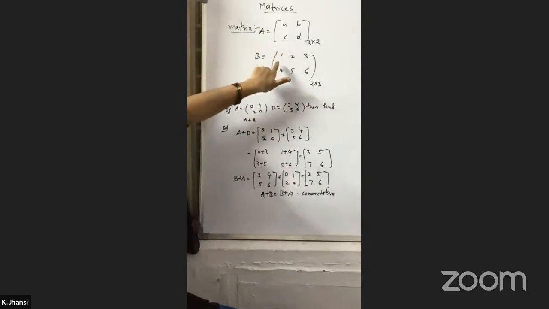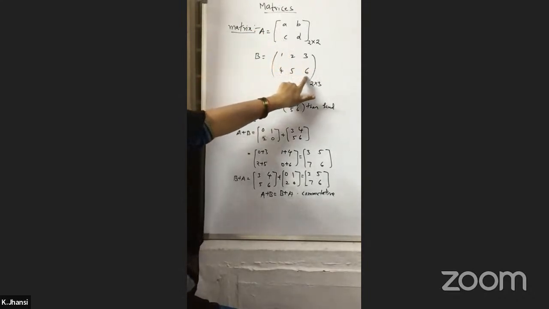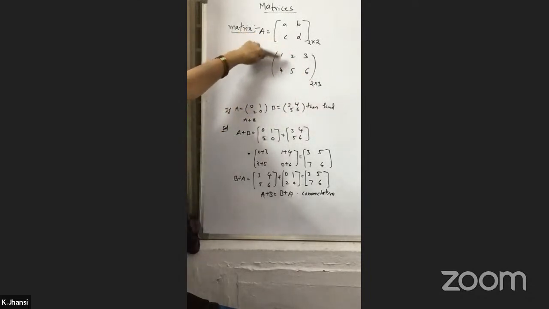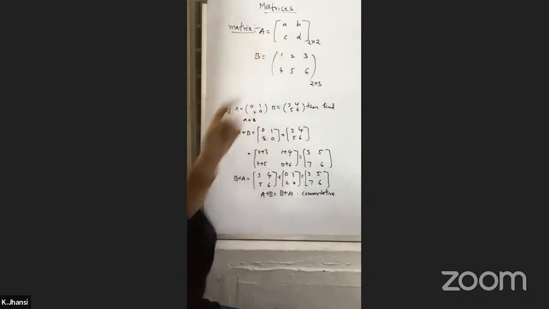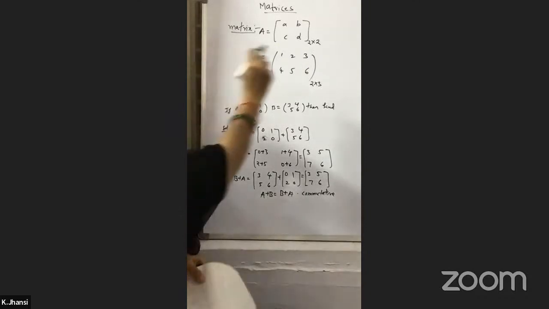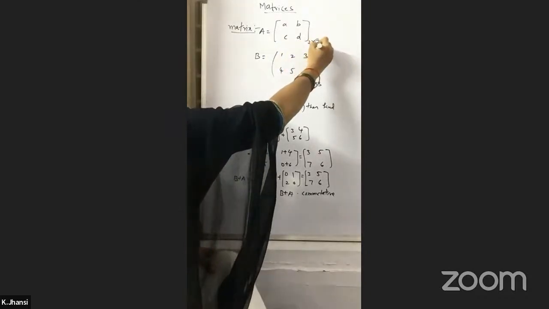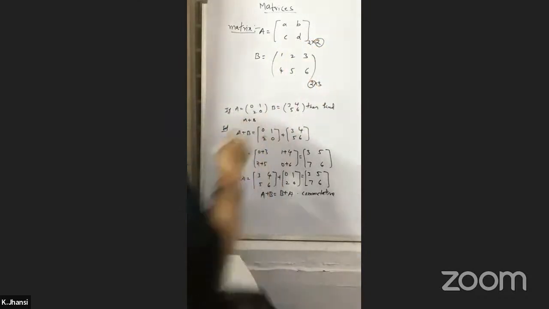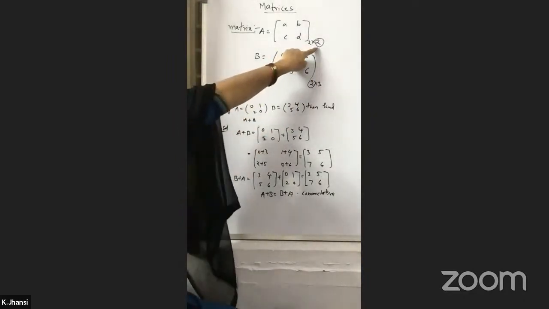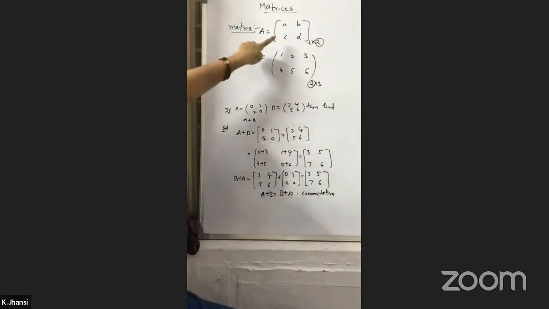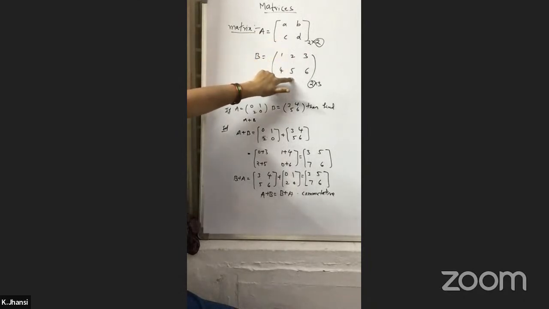So your two columns are there. Here, how many rows are there? 2 rows are there. So we can multiply these two. Why? Here you can also represent this is row and this is column. If these two are the same, then we can multiply. Because this is a 2 by 2,